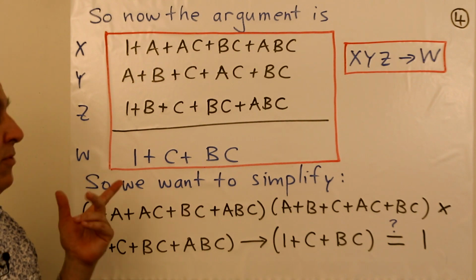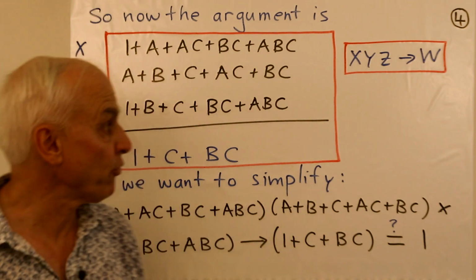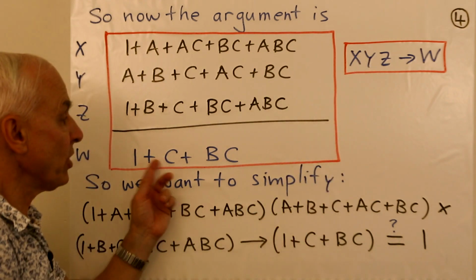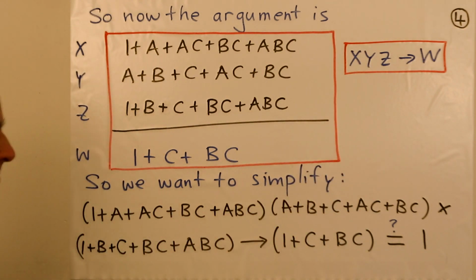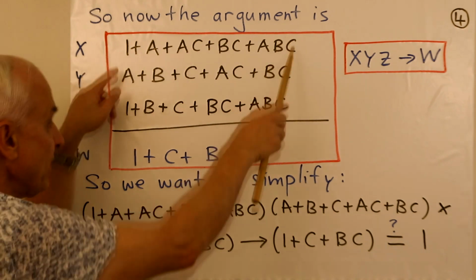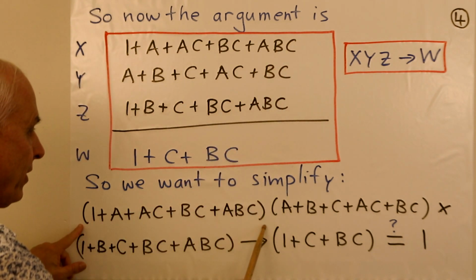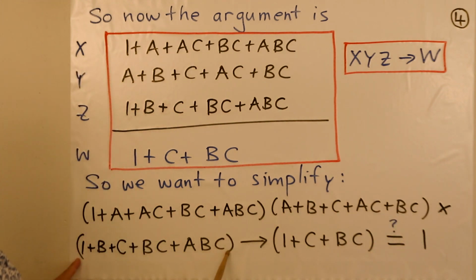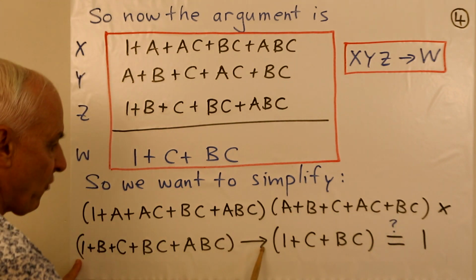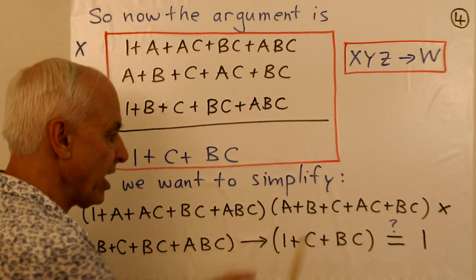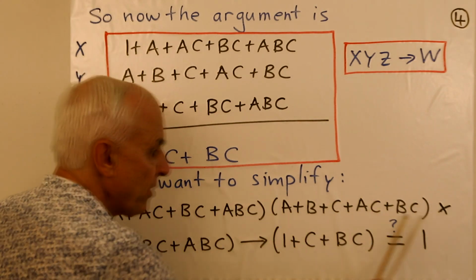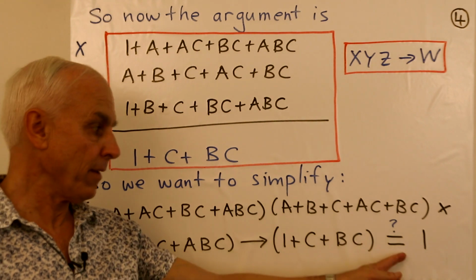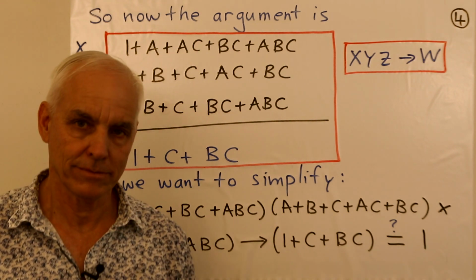And now what we want to do, according to this second step, is to prove that the composite of x times y times z actually implies w. What does that mean? It means that we have to take these expressions. There's x, there's y, we have to multiply them. We also have to multiply by z. Then we have to form an implication, and the w's right here. So this entire thing here, we have to evaluate it. And hopefully, we'll get 1.